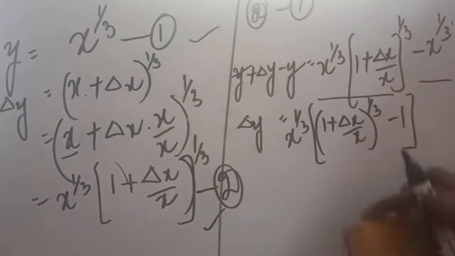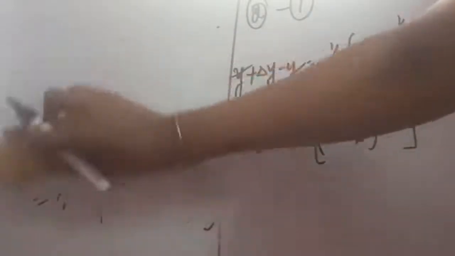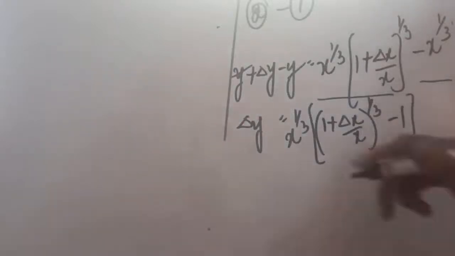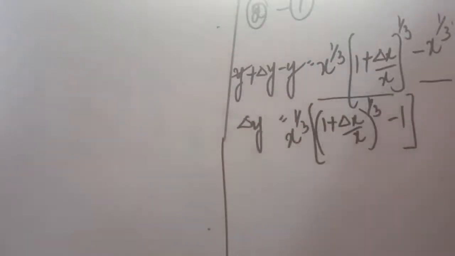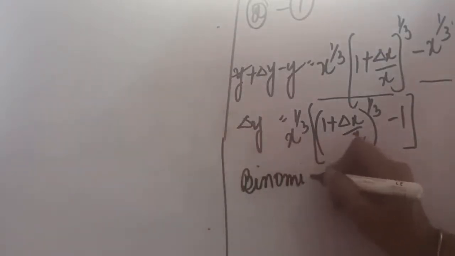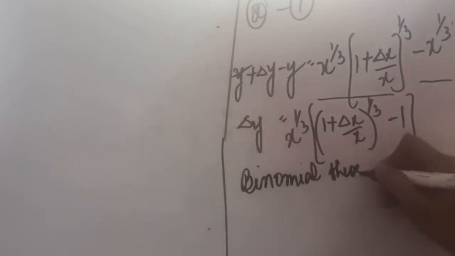Now it is the time to apply the binomial theorem. It is here where a new step will be introduced, because the power was in fractions. So to solve these powers, we are going to apply the binomial method here. You need not write this down, but I would like to clarify that binomial method or theorem we are going to apply.